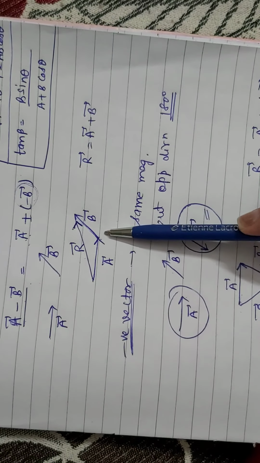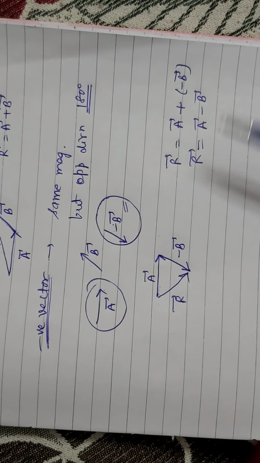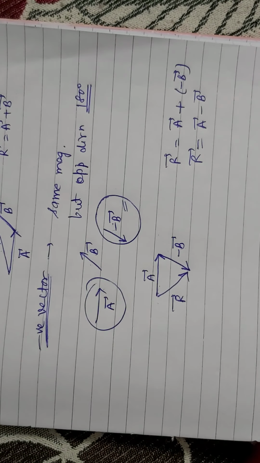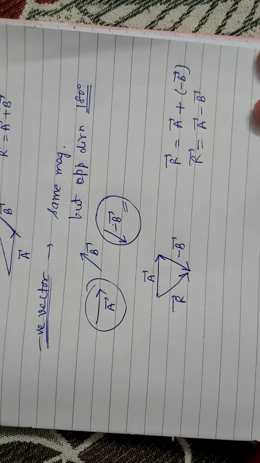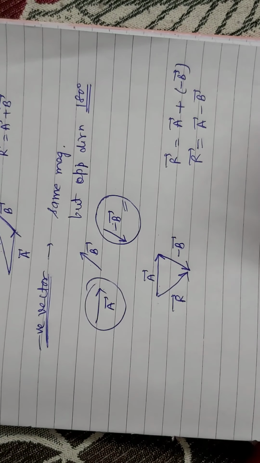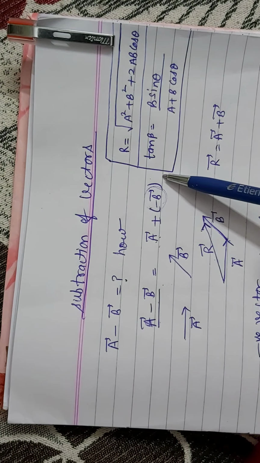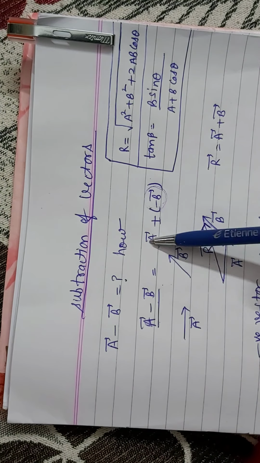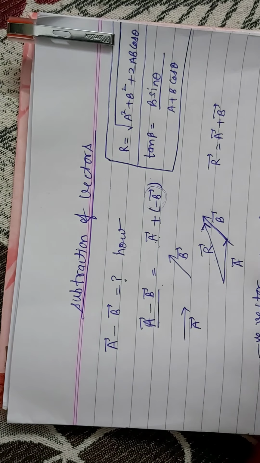In this diagram, it is representing addition of two vectors, and in this diagram, it is representing the subtraction of two vectors. Okay. So, I think the mechanism is clear to you. Whenever we are going to subtract two vectors, the value which we have to subtract, we are going to take its negative, and then we add the first vector and the negative of the second vector. And vector addition is a very familiar property to us. We can do normally vector addition.